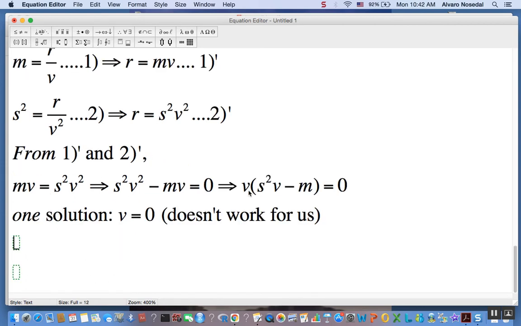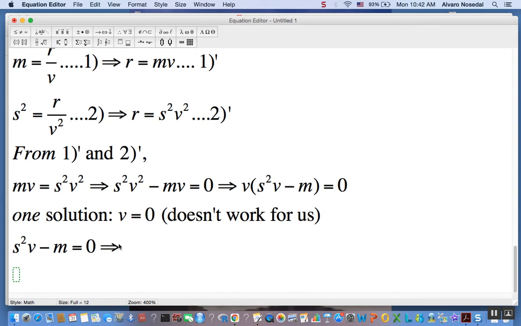If V is 0, then 0 times this second term, that's 0. Okay, but that doesn't work. The other option is, how about this guy is 0, right? Then that implies that M must be equal to S squared V,